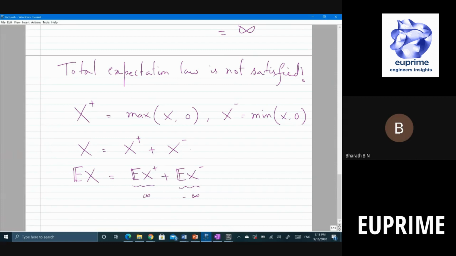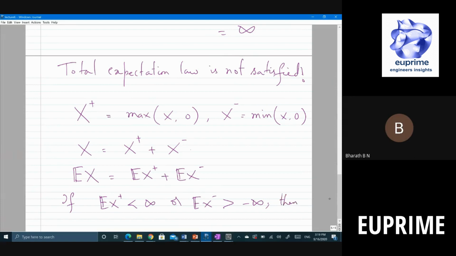Minus infinity, it cannot be plus infinity because X minus is negative, right? All the time. So if this happens, then there is an ambiguity, right? So it doesn't converge that way. So at least you want one of them to be finite, meaning if, for example, expected value of X plus is less than infinity, or X minus is strictly greater than minus infinity,